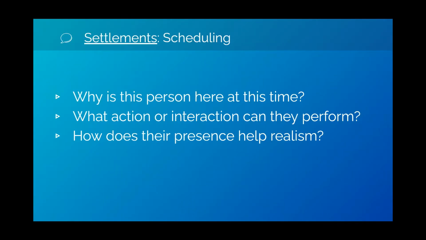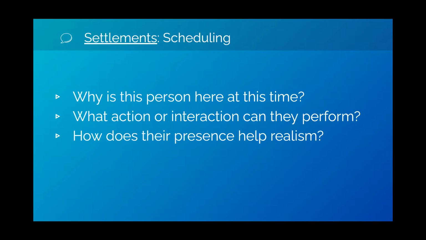So always ask, why is the person here? What can they do when they're there? We have a lot of NPCs in Skyrim that walk around for apparently no reason. And that's fine, but it's not ideal. People don't go places for no reason most of the time. There's always a reason you're heading to or from a place, so why not have that for your NPCs?